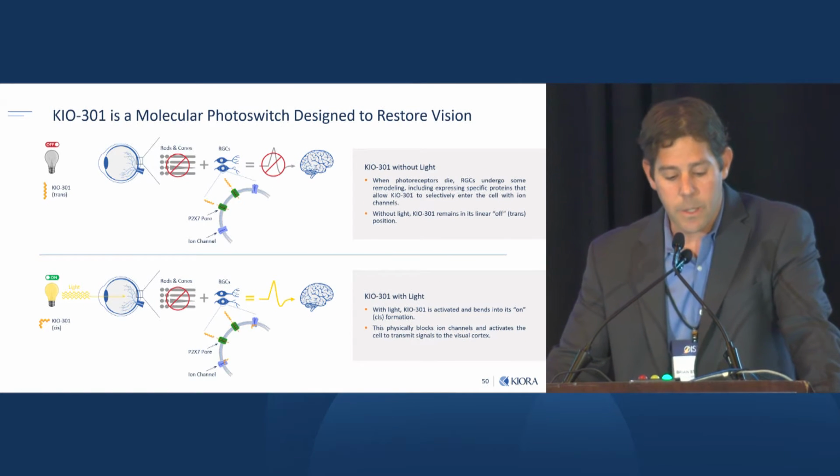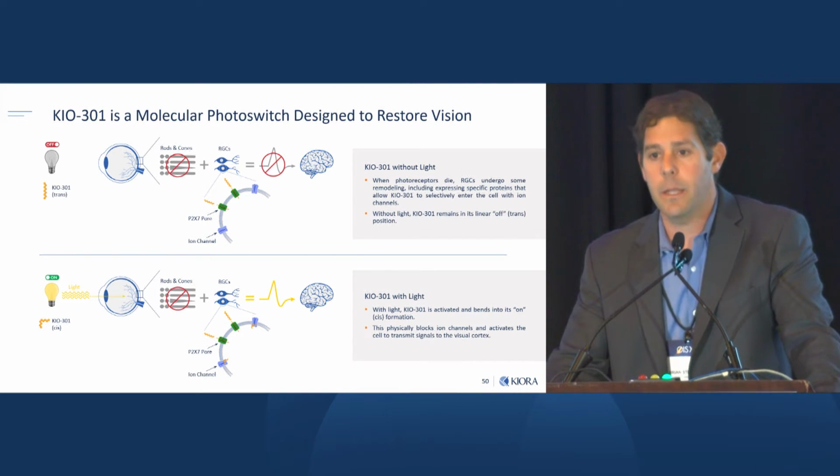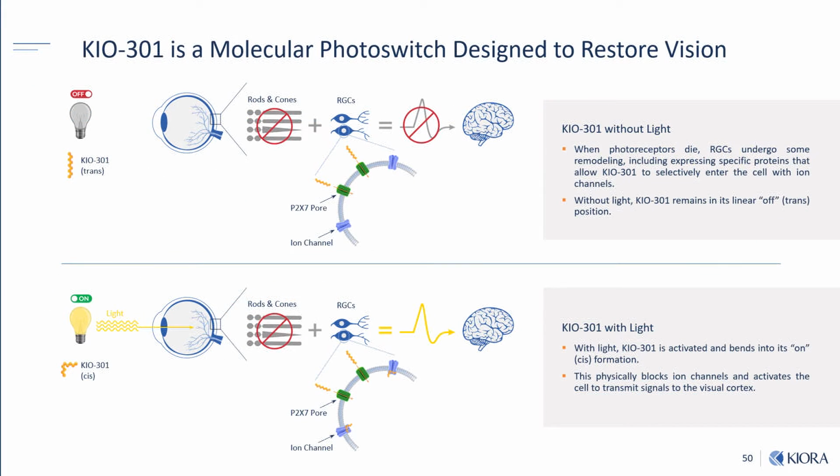So what are we doing? Kiora 301 is a novel small molecule based on an azobenzene core that has the capability, in the presence or absence of light, of changing its isomeric configuration. And so it can go from trans, a linear state in its lower energy form, up into a higher energy cis isomeric configuration. We know the molecule gains entry specifically to retinal ganglion cells downstream of degenerated photoreceptors due to